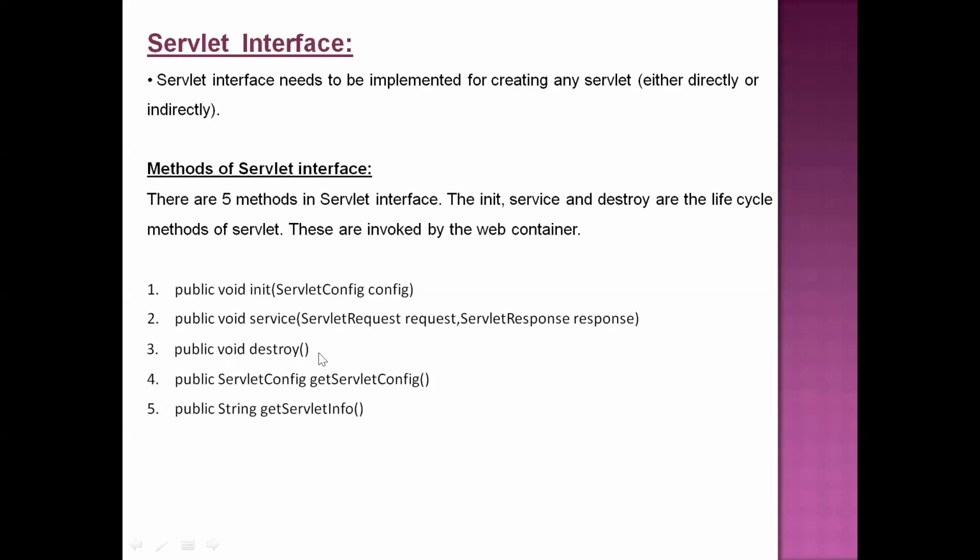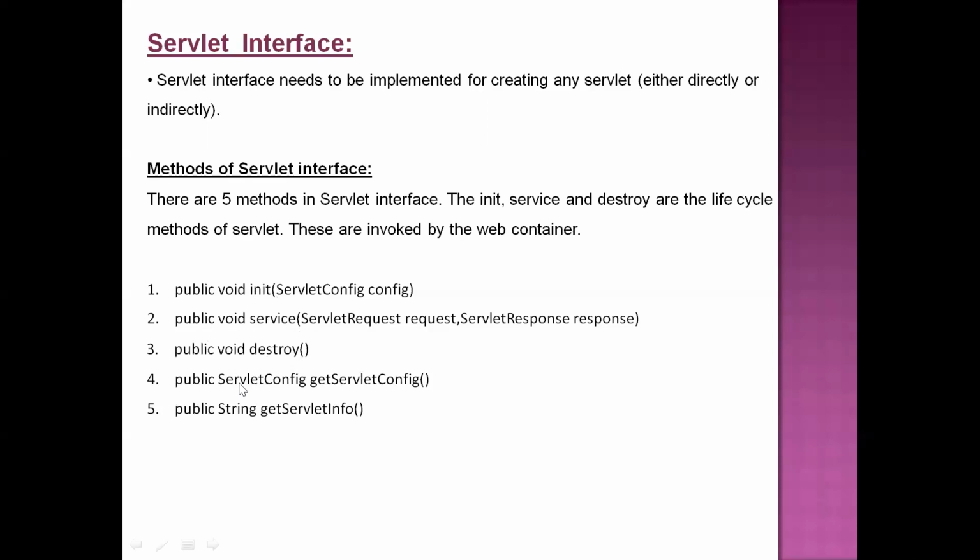So this destroy method is used for deleting all the objects that are related to your web application once the web application execution is over. Just for releasing the memory for future purposes, once your application execution is over, it will delete all the objects that were previously created for handling the request. All those things will be garbage collected by calling the destroy method.